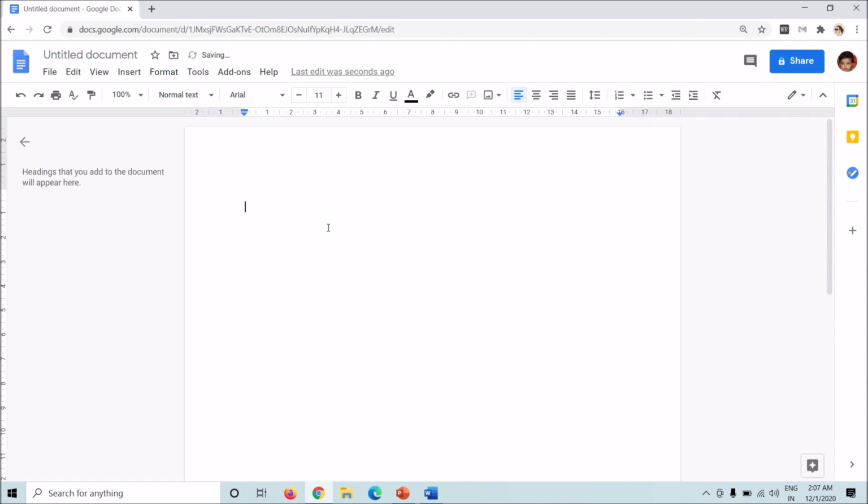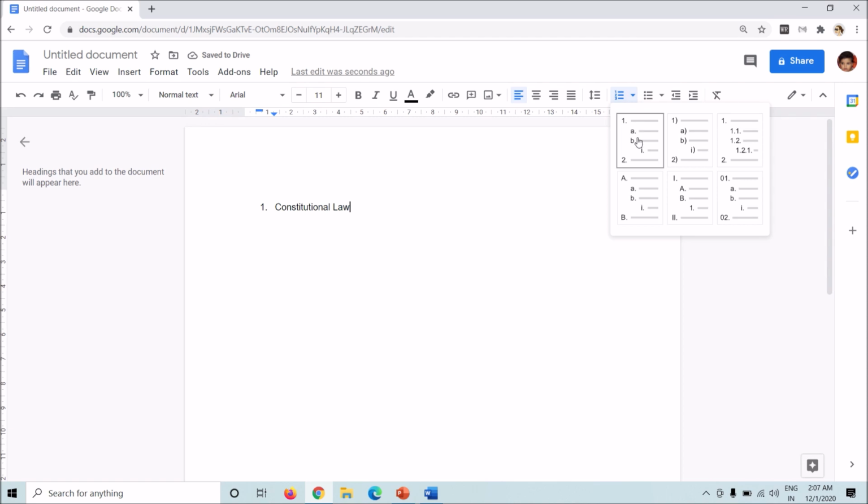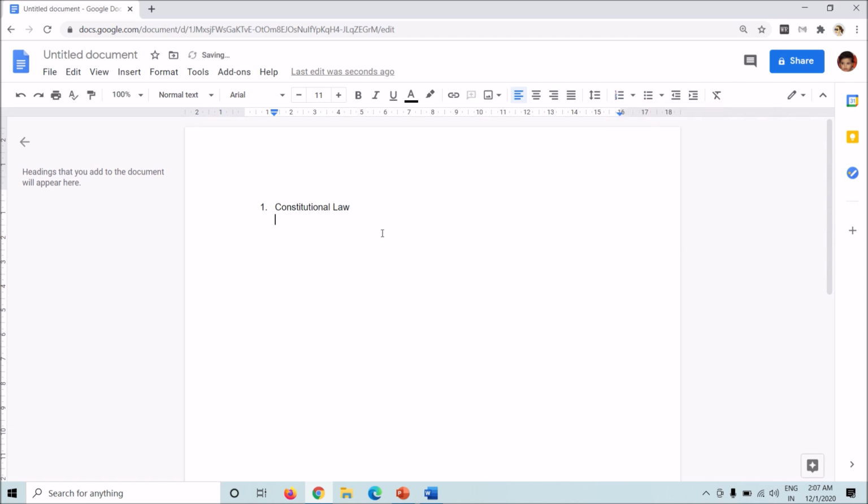Now, in the numbers, you have options. If you want to create a sub point, suppose my first point is Constitution and law. Now I want to create subsets here, right? So what I can do here is do this. Change it, format it. I have options to change the number style, of course, from A, B, C, that's up to me. But I also have an option to have a sub point.